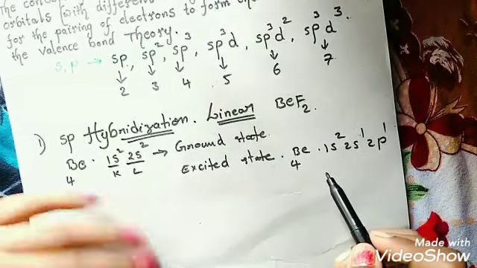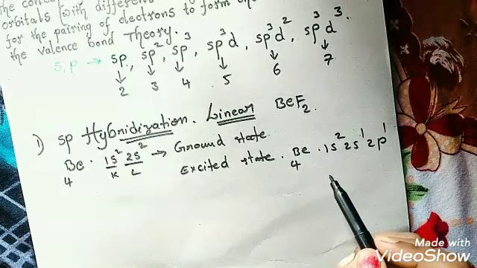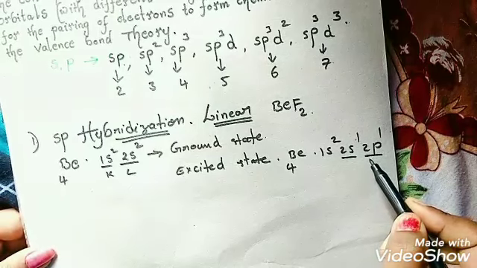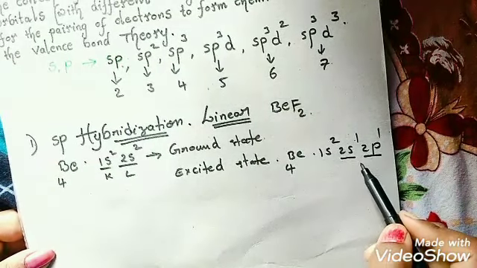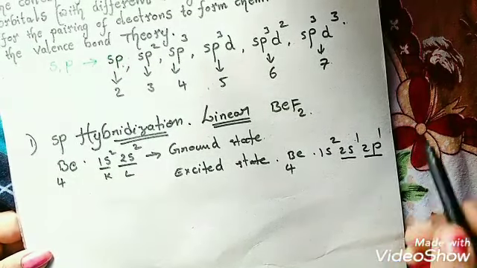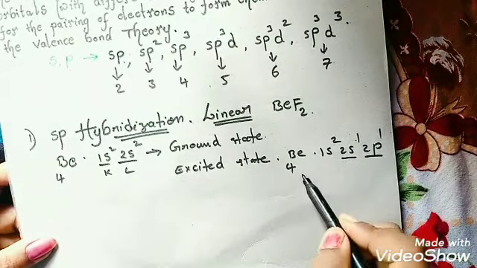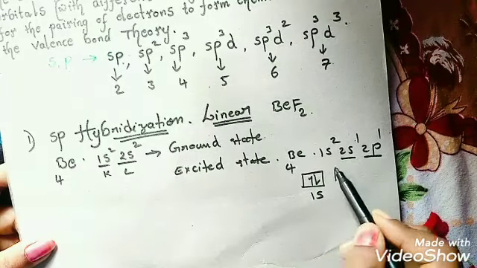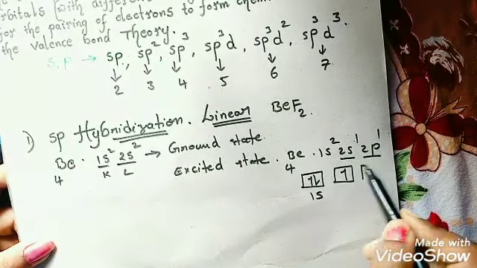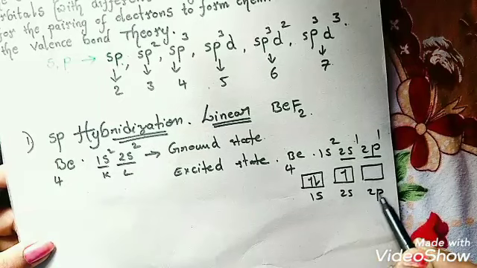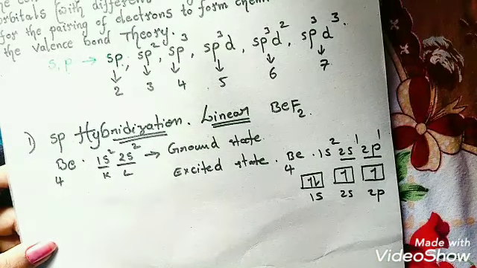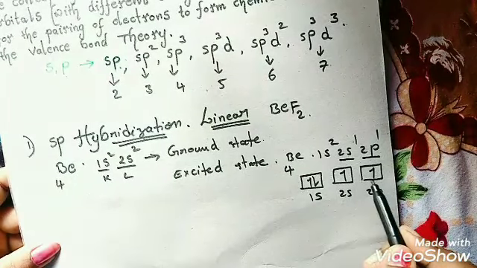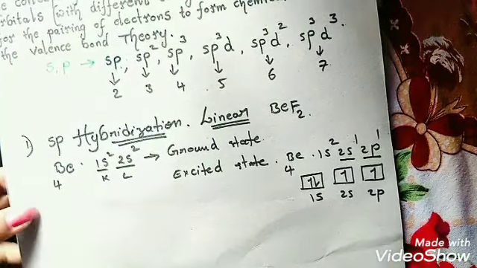So students, if you see here 2 single electrons are present, means there is a possibility to form a bond with another atom. So students, if you do like this, this is 1s orbital, 2 electrons. This is 2s orbital, only 1 electron. This is 2p orbital, also has only 1 electron. So these 2 are the single electrons. These are ready to form a bond with another atom.